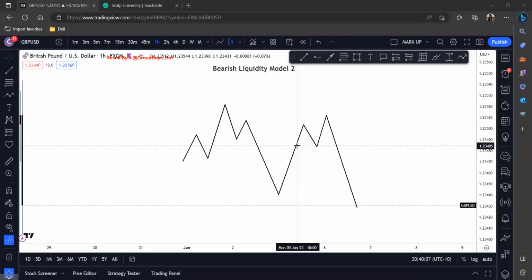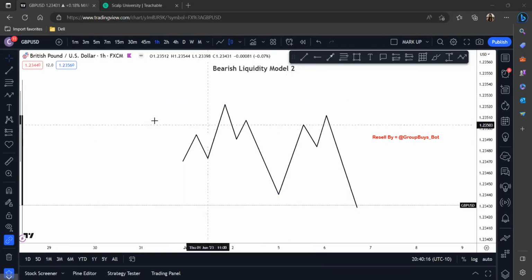Hey guys, so this is the Bearish Liquidity Model 2. We just finished Model 1. And this one is just super simple. Honestly, it's pretty common sense at this point, but I want to point out again and reiterate why exactly